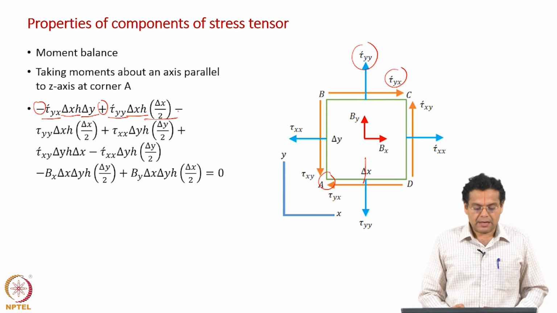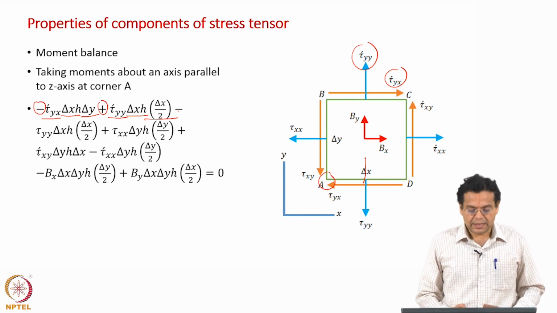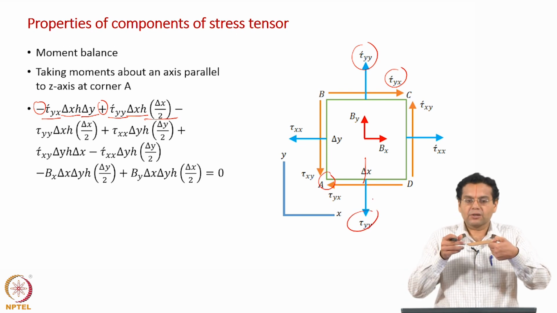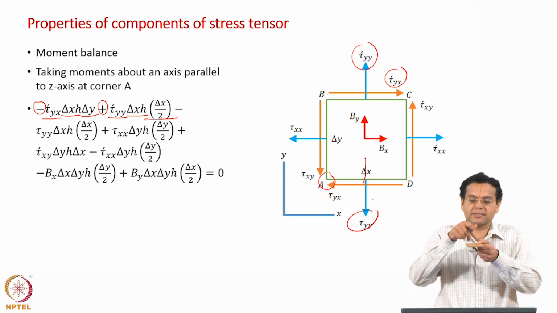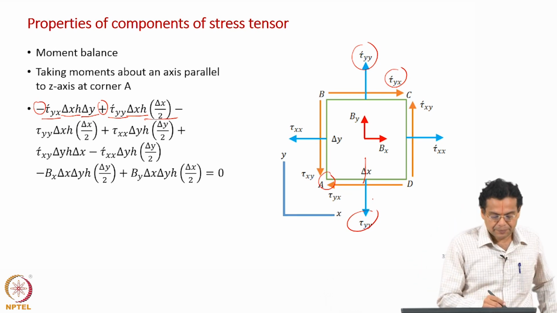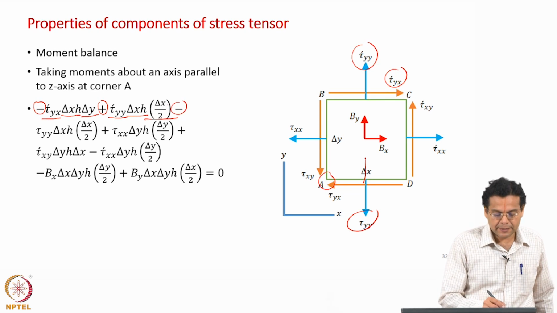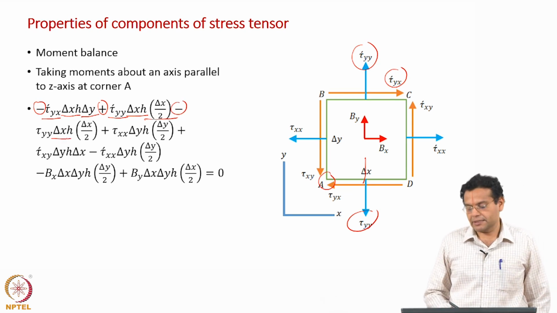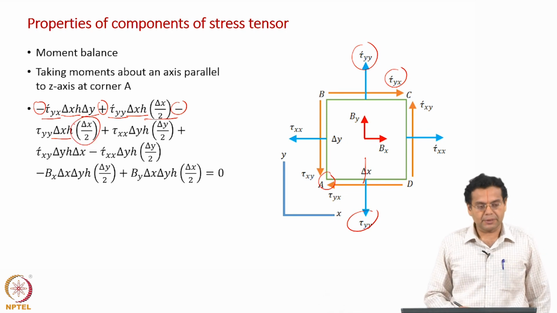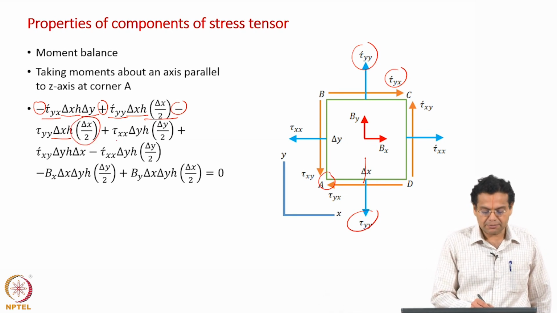Okay. And let us go to the next term, tau yy. Now, this will rotate in the clockwise direction. If this is acting in this direction, and you pivot it here, this will rotate in the clockwise direction, and that is why you have a negative sign here. The area is delta x into h and the perpendicular distance is delta x by 2. Okay. So, similarly you can explain the other terms